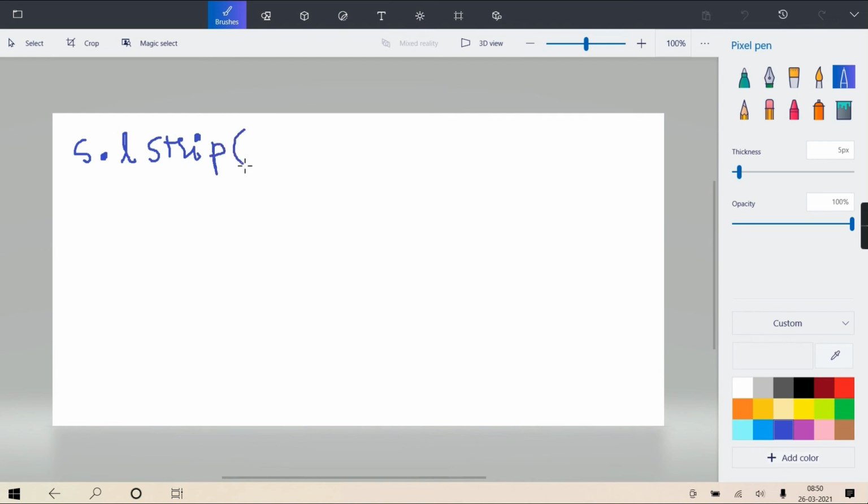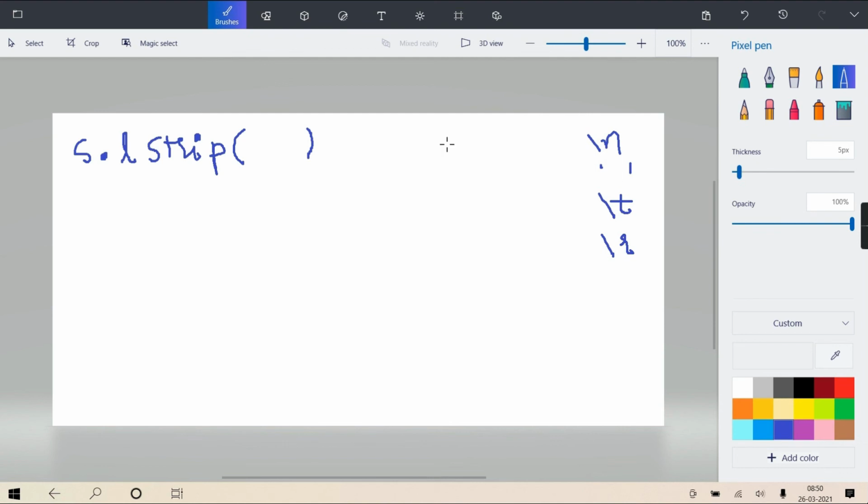okay, now strip characters you can pass, but if you don't pass, it will take space characters. So in your s, from the left side, as long as there are space characters, it will delete them, and the moment it gets a non-space character, it stops. Space characters means, you know, newline, then space, tab, carriage return, all these come under this category. Even the null character comes under space characters.